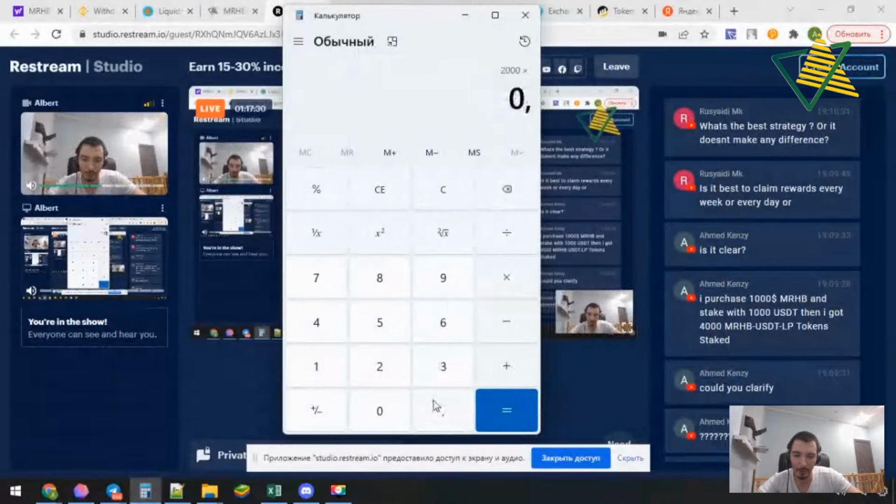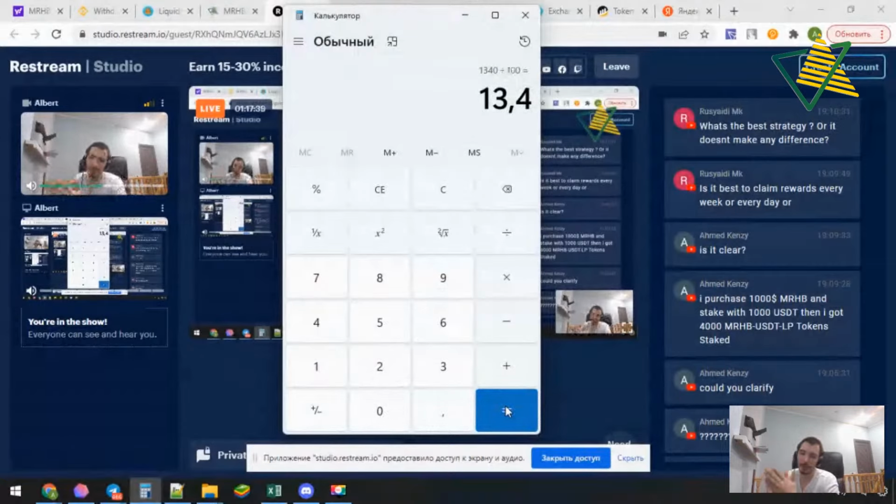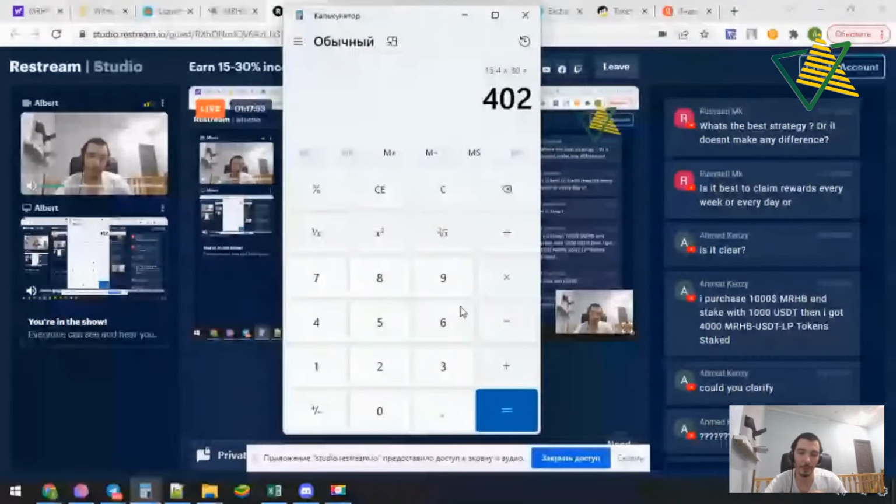We should multiply and divide by 100. Then you will earn 13.4 USD daily, and multiply by 30. It will give 402 USD. So that is it, 20% per month. Is it clear now?